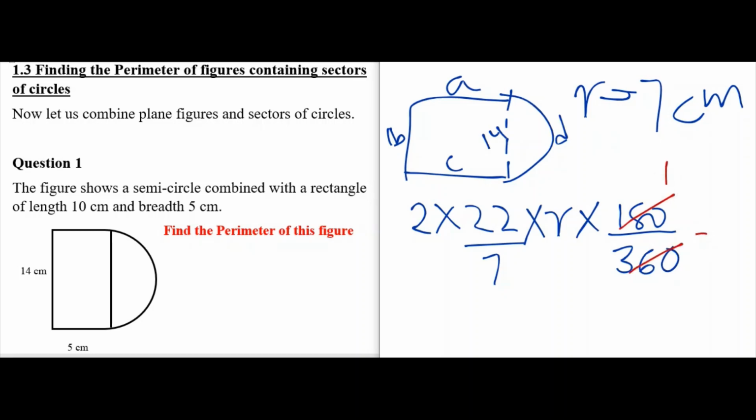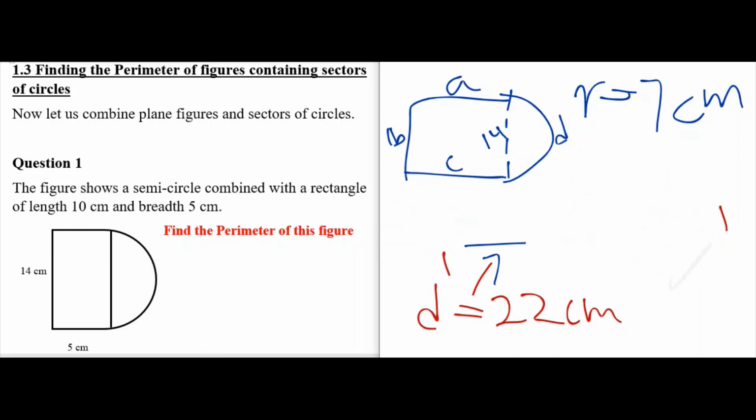So this can be cut off, this can be cut off. Here it's 7 actually for the radius, so I can cut this off, and I have D is equal to 22 cm. Okay, alright. So since we know